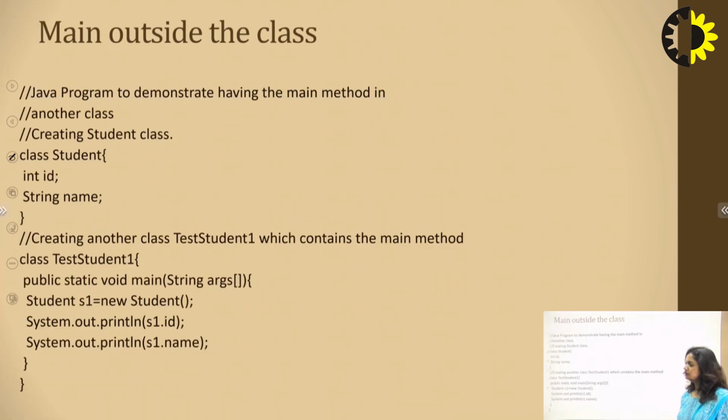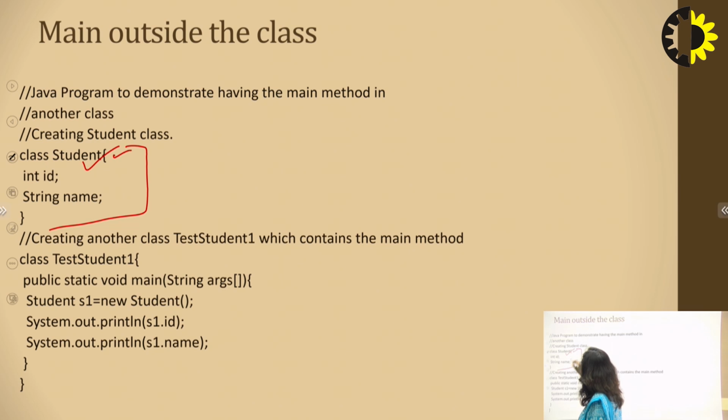Now next is an example. As we have created the object for the same class to which the main method belongs, we can create an object for any other class also where the main method is not written. In this example, we are showing that the main method is outside the class, and for that class we are creating the object. But one thing must always be considered: the object will always be created in a main method class, not in any dummy class. For example, here we are creating again the student class, and this class starts over here and ends over here, and it does not include any main method in it.